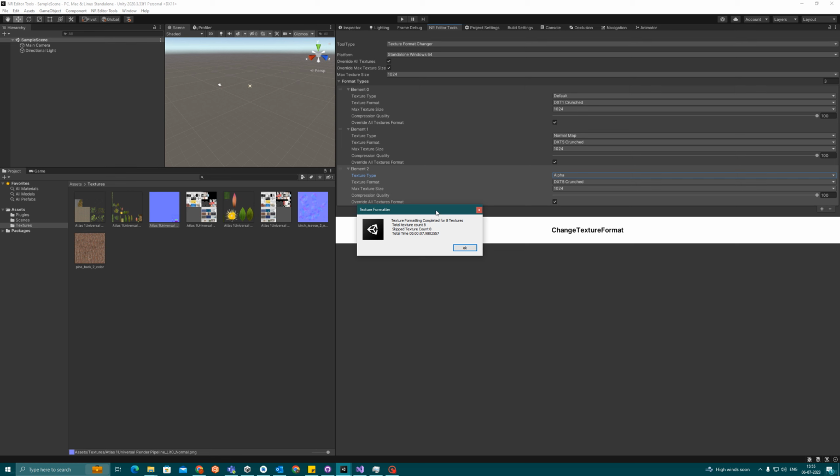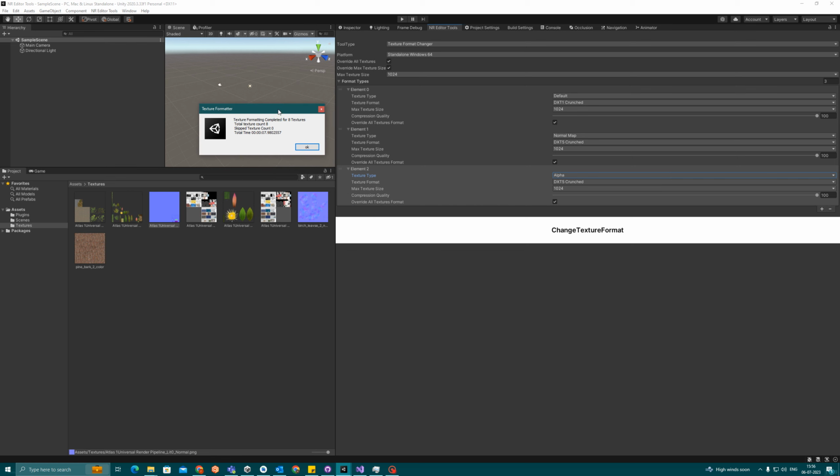Now you can see it's completed. Now it shows the pop-up. You can see that texture formatting is completed for 8 textures. These are the 8 textures, and the total texture count is 8. For skipped texture count, no texture is skipped. Total time elapsed is also shown. Okay,